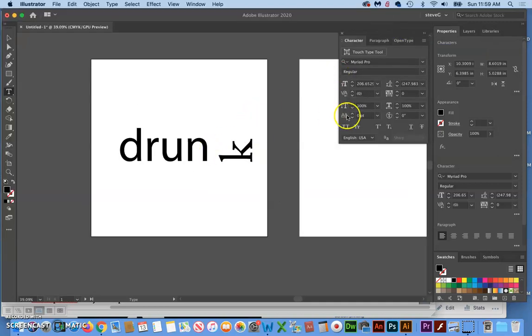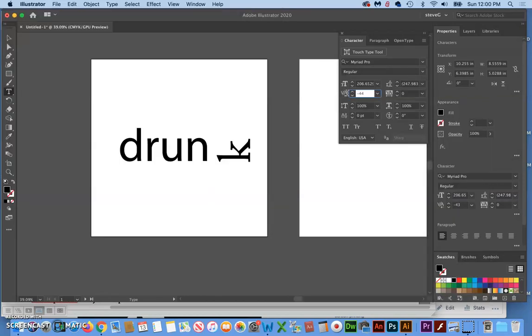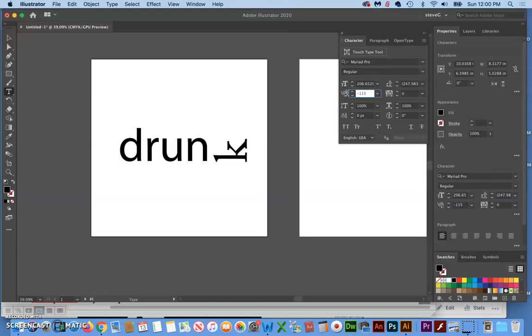So now we put our cursor between, we go to the kerning, we swipe across there, and then we start giving that a negative value until we bring it in. Now, as you're doing this, you're going to want to assess, is this looking right? And the first thing I think is, well, two things. One, with these serifs, it's really not helping things at all, because if I want to show fall down drunk, I want them like flat against the sidewalk, basically, not with these serifs in the way. So a sans serif font might make a